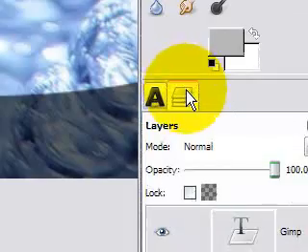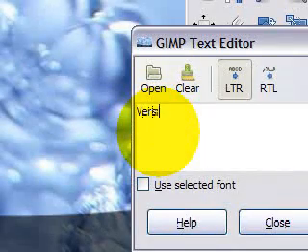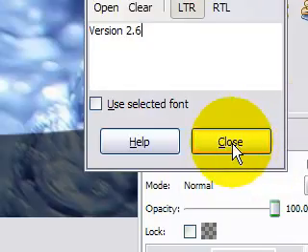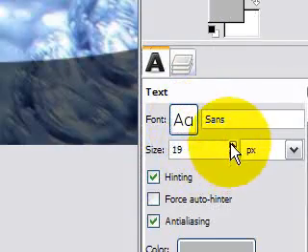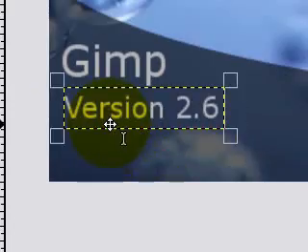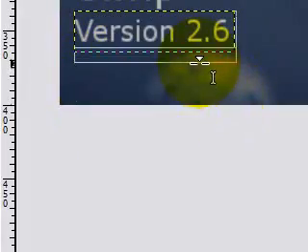and then you create another text and type in version 2.6 and click on close. You want to make this size a bit smaller, about 20, and click on close. Create another text